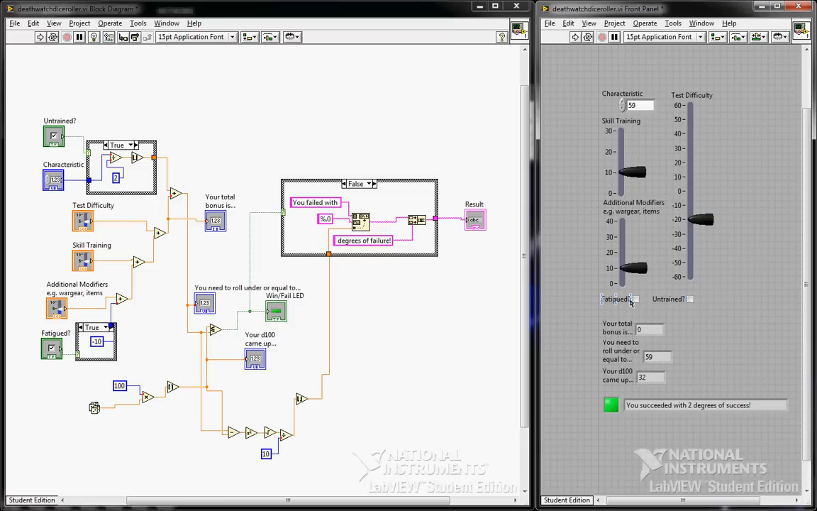I've added these two buttons in down here. If you're fatigued, you can just click that on and off. You take minus 10 to your test if you're fatigued, which I won't be, so I take that off. And if you're untrained in a particular skill, it gets tested at half your characteristic, so checking that performs the necessary calculation. So when I've set the sliders to the right place, I press the run button and it generates